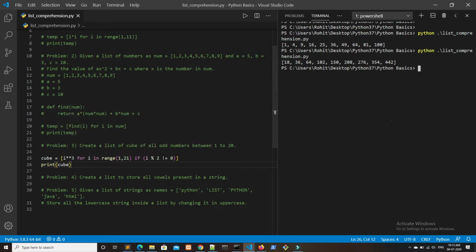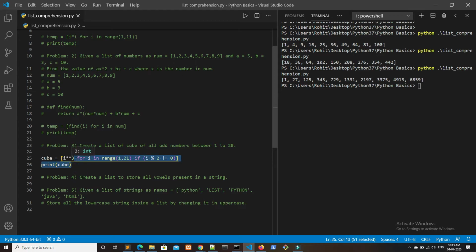Okay, so let's check it. As we can see, we got the cube of numbers from 1 to 20, that is 1 cube, 3 cube and 5 cube and so on. So this creates the cube of number and stores it in cube variable using list comprehension. So this is it. Now we will go to problem number 4,